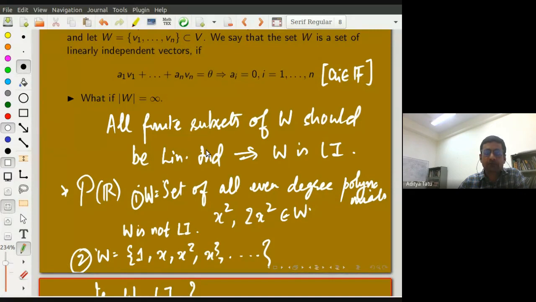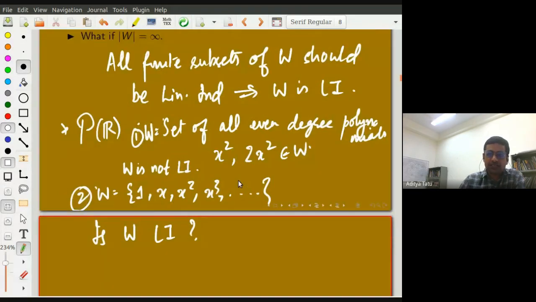Why can't you write x squared in terms of the others? That is what basically this boils down to. And see, the difficulty in what you're stating is, let's say you are able to show that x square cannot be written as a linear combination of the remaining vectors. You'll also have to show x cube cannot be written, and x to the power 4 cannot be written. And of course, the list is endless. Can you think of a general argument?